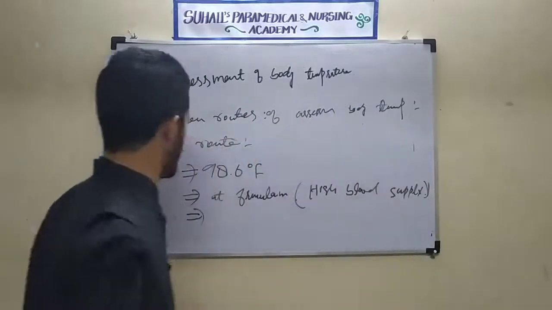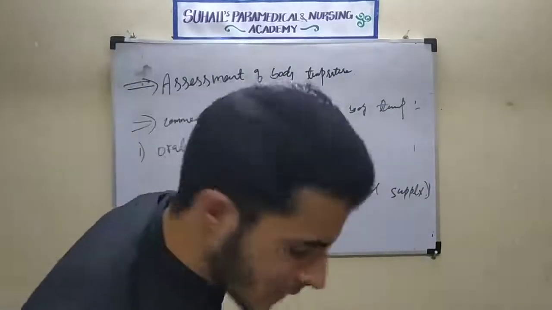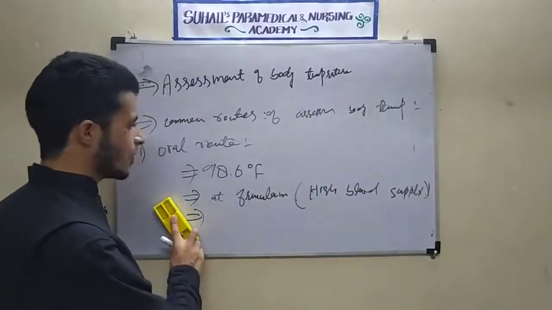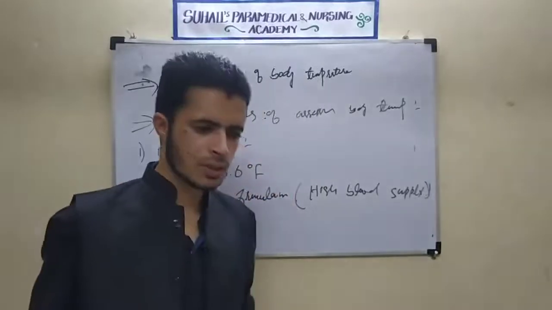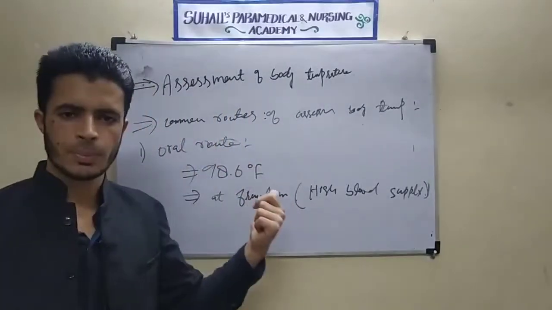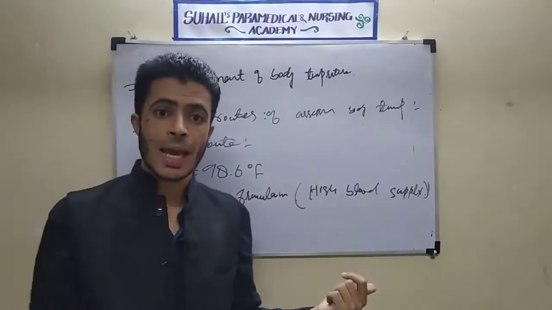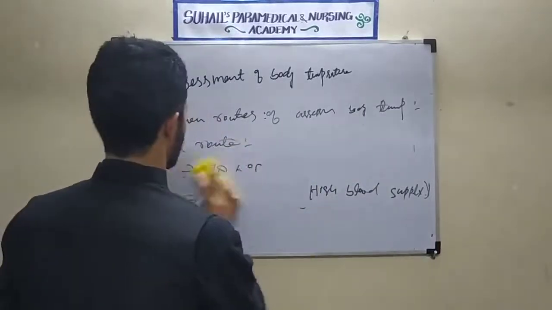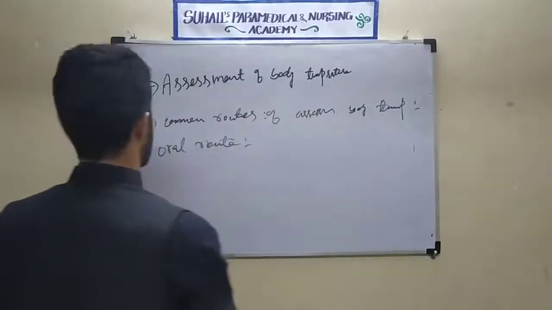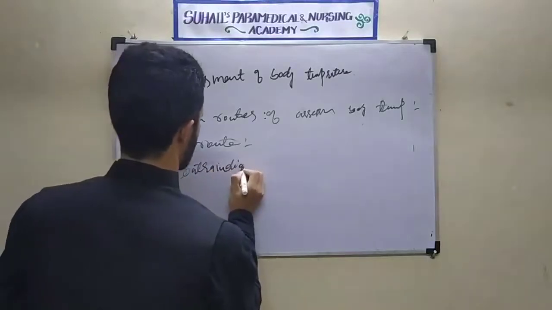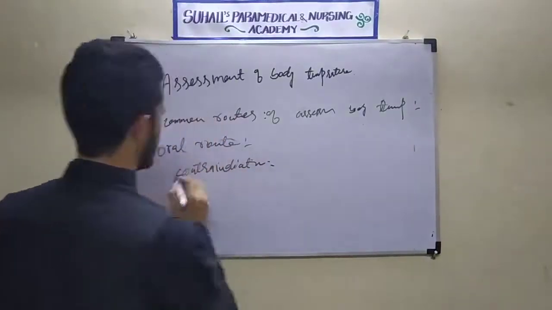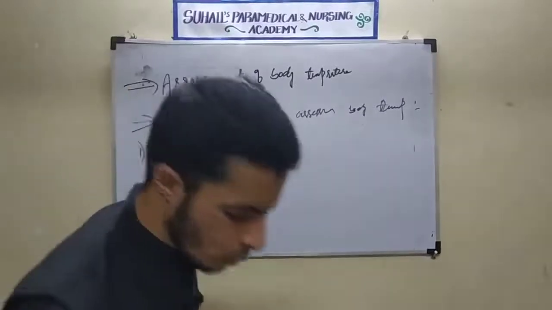Remember this point also. What is the indication for that? For which patient we have to use this, and for which patient we will not use this. Indication is the same: we will use this for all the patients except, and except means contraindication. What is the contraindication where we should not use this? Here I am not going to write everything, but you write it in your notebook.